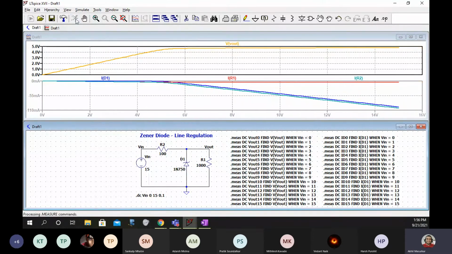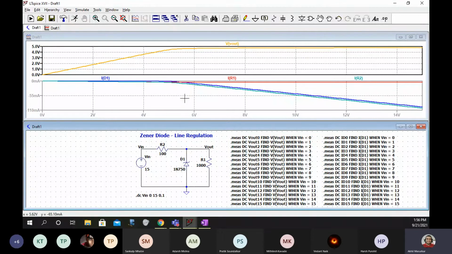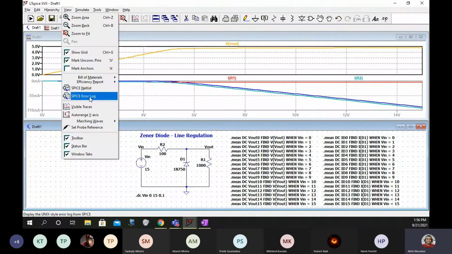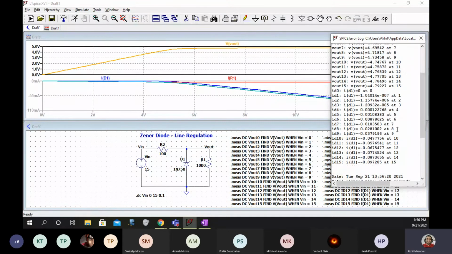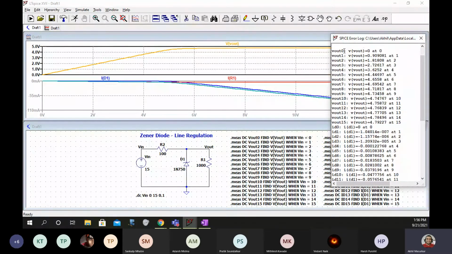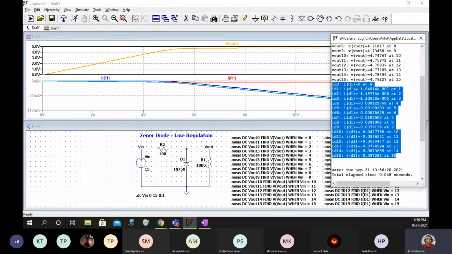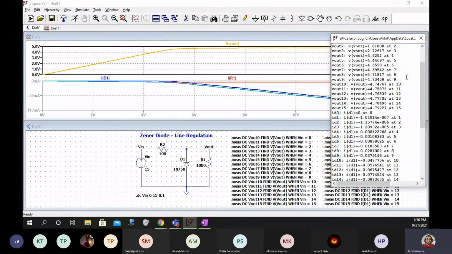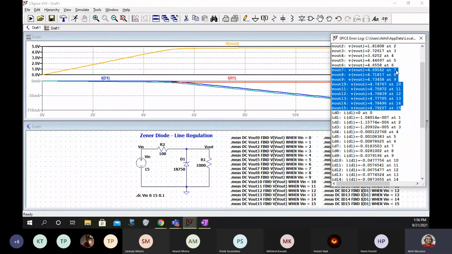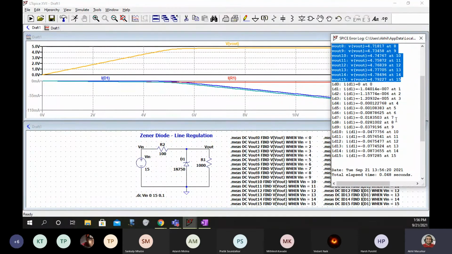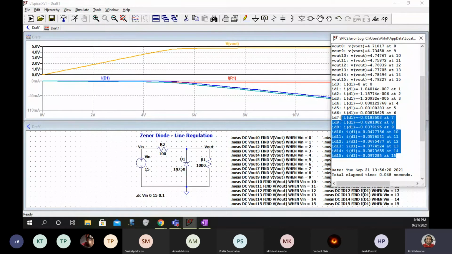I have to run this file again and again once I put a new measure command, and now I can see in the error log that apart from voltages, now I have got currents also. You can see that from Vin equal to 7 to 15, the value of voltages remains constant, but the values of currents are different.